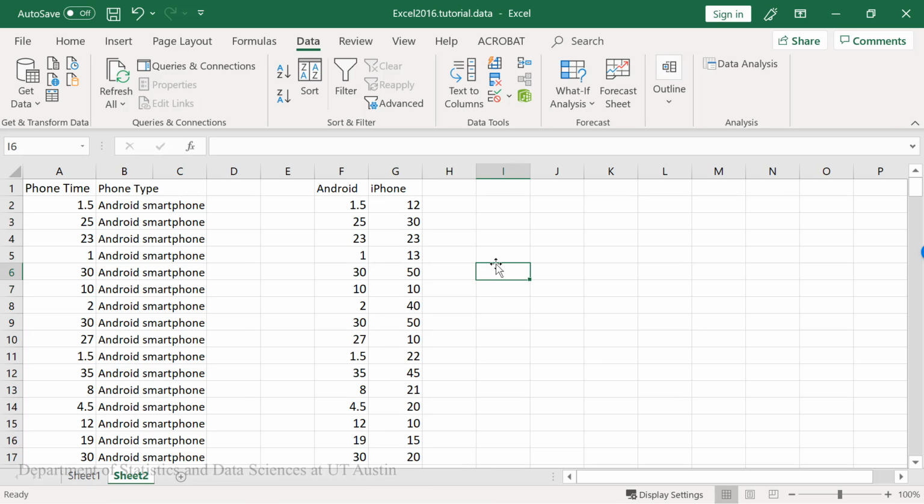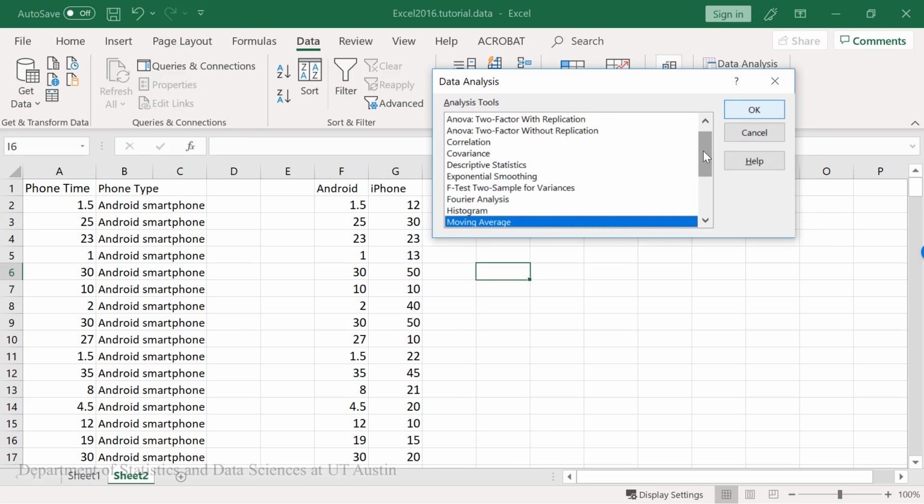Next, you will have to ensure that you have the Data Analysis Toolpak enabled on your computer. Follow the separate tutorials for how to do this on both a Mac and a PC. If you've already enabled the Data Analysis Toolpak, then if you go to the Data tab, you will see the option for Data Analysis. I'm going to select that, and then choose from the list Descriptive Statistics